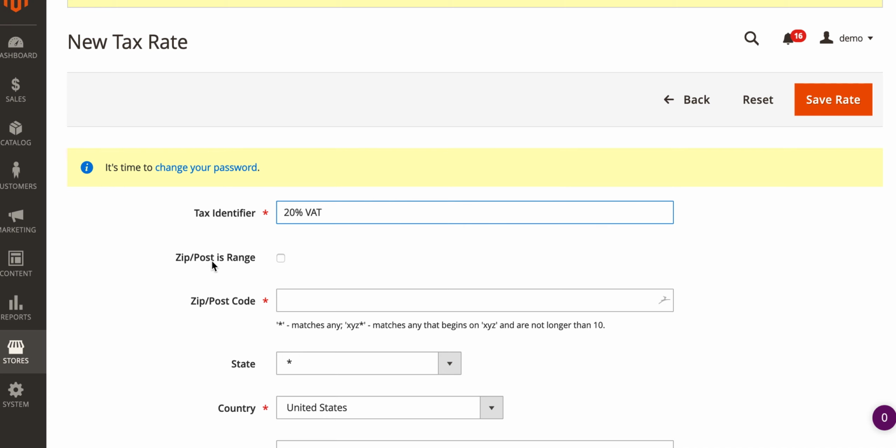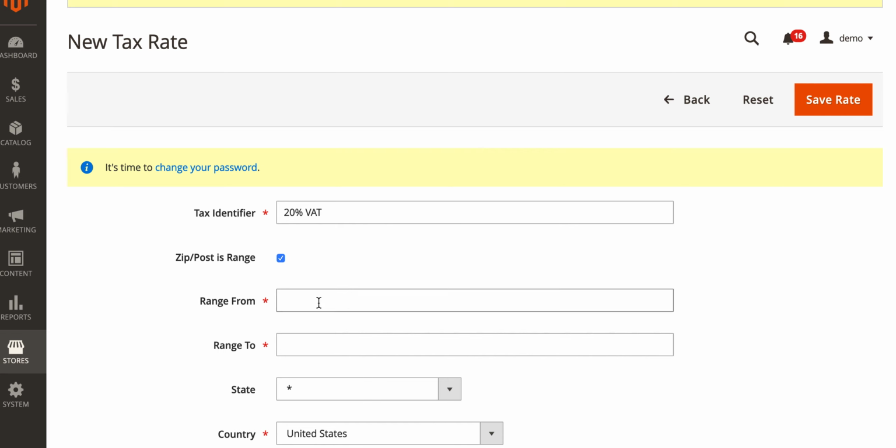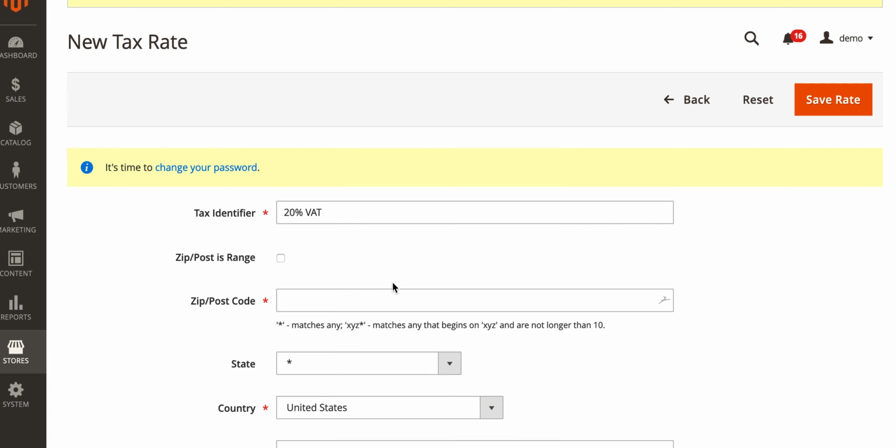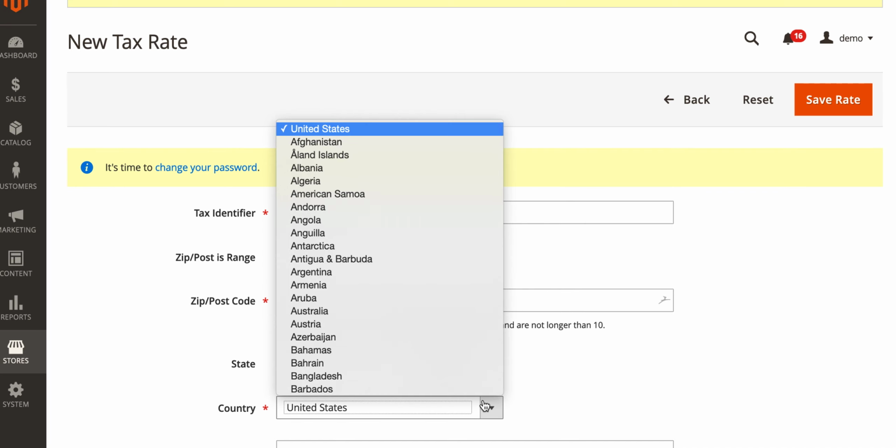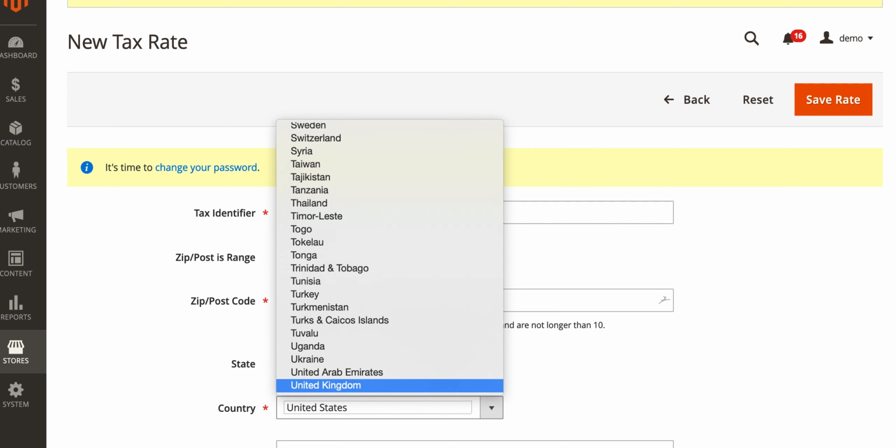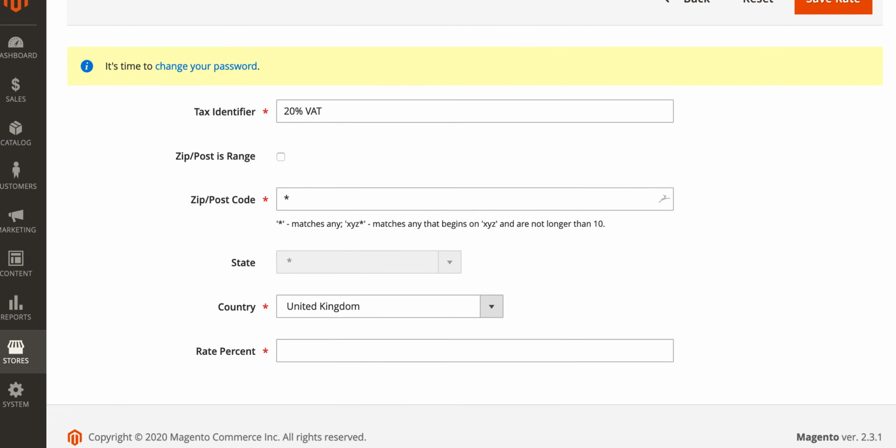You'll see there's a zip or postal code range that you can enter the postal codes that it will apply to. In this case, we're not using this because we're applying it to all the UK. So we just put an asterisk under the zip/postcode area so it covers all of the UK. We'll change the country to United Kingdom, and under the rate percent we'll put 20. Now if we save this rate,